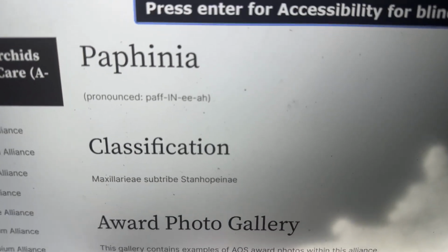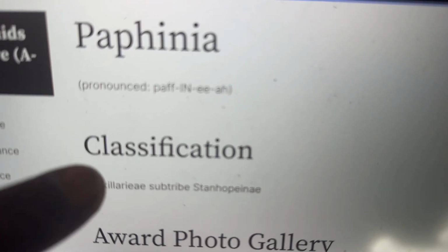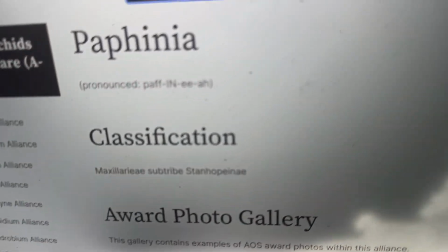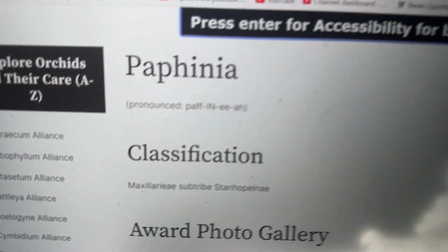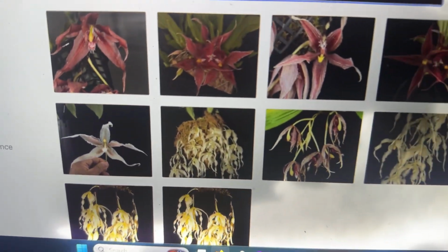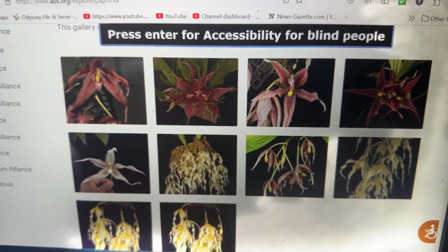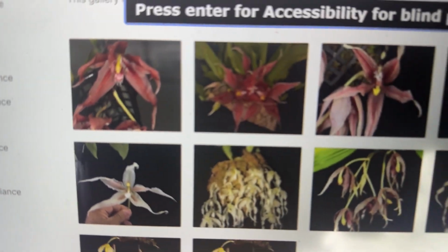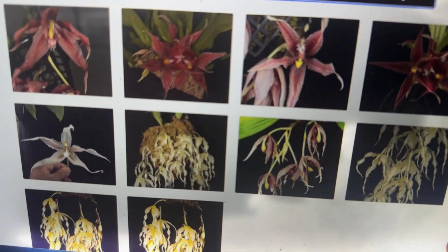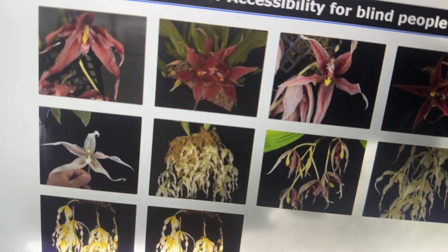And we are talking about Paphinia, classified as subtribe Stanhopeinae, Maxillariinae basically is the classification, which I think is more of a Stanhopea type, but because it does have some Maxillaria in it, that does add a little bit of a twist. Maxillarias do prefer it to be moist, as do Stanhopea types, but there is a difference. Maxillarias like to be perfectly drained. They don't want to be sitting in wet media, whereas Stanhopeas, because they like to be potted up in